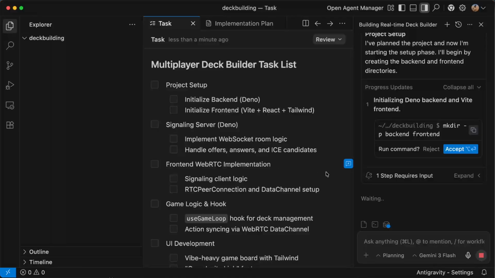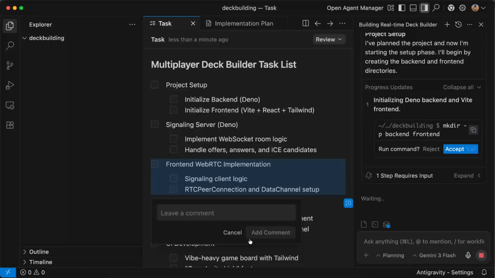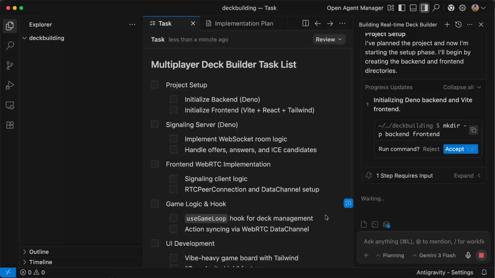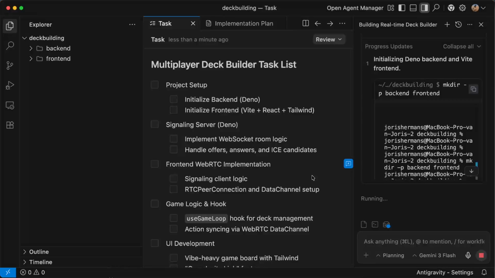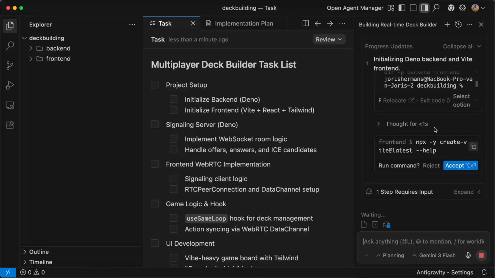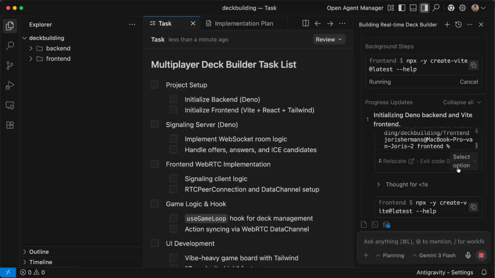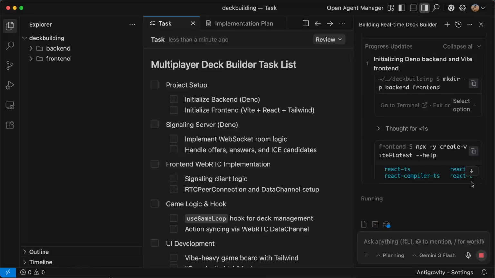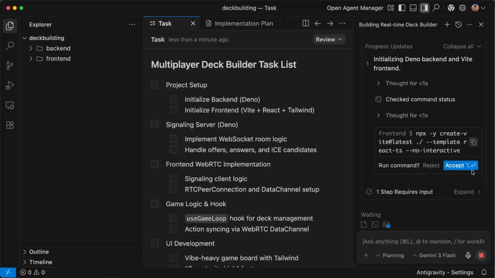And actually, if you don't like certain things, you can just do a comment here, and then you say, hey, around this task, I don't like it, or do this or do that, and you can very easily provide some kind of feedback on it. And here you see sometimes you need to click on accept. I forgot it, but here, for example, you then just say accept. It runs then that code, right? So it's also important to understand.